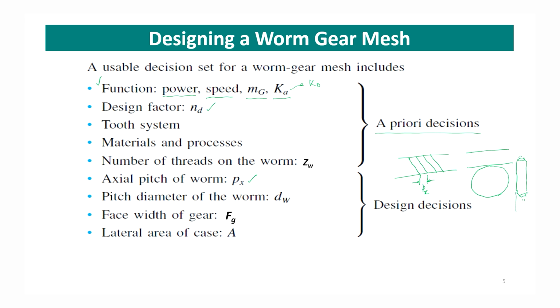So, the face width of the gear is this one, F, that we have to decide. Then the face width of the worm and the lateral area of the case, that means the casing in which the worm gear set is kept, lateral area of that casing is required to be determined,